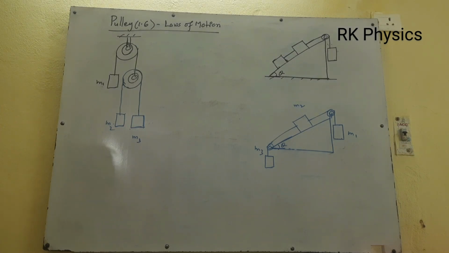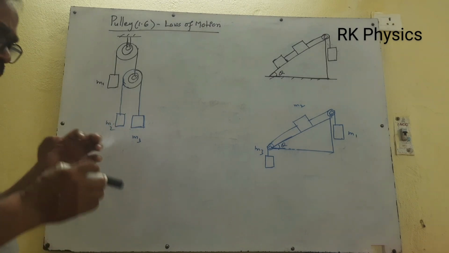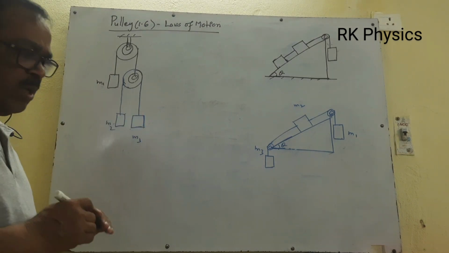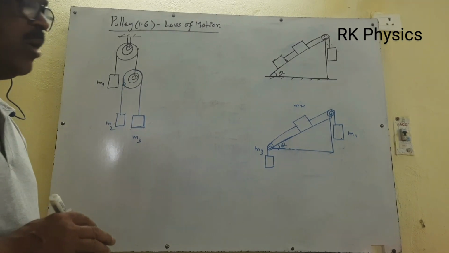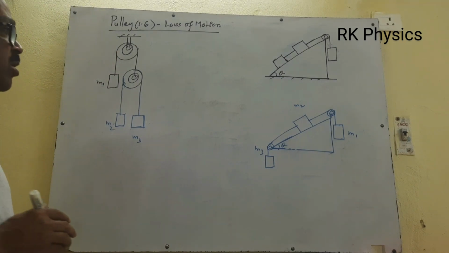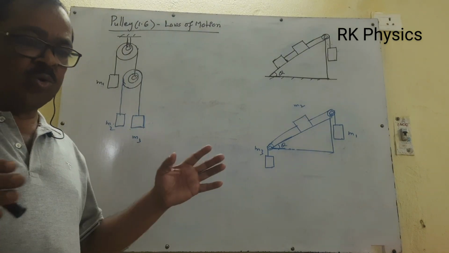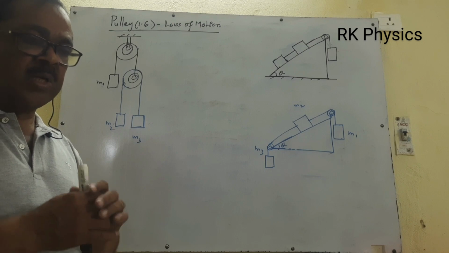This is the sixth video in the pulley system series. It is somewhat complicated in comparison to the previous video, but it is not a difficult situation. Here I am giving three figures. Now, how can you calculate the acceleration and tensions of the system without drawing the free body diagram and writing so many equations? Directly, how can you calculate A, T1 and T2?